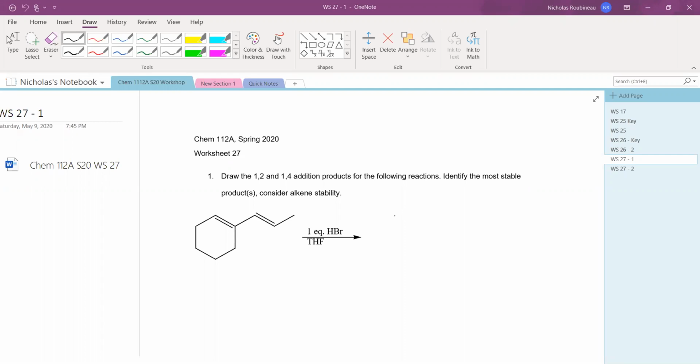So obviously I couldn't cover everything, but I put what people said they were struggling with on this worksheet, and what I thought was tricky. So hopefully you'll find this helpful. For this first problem, we're just drawing the 1,2 and 1,4 addition products to give you a bit more practice. You should remember the mechanism for adding HX, like HCl or HBr, to a